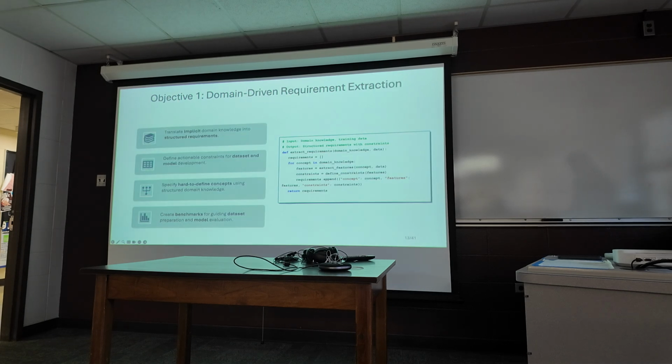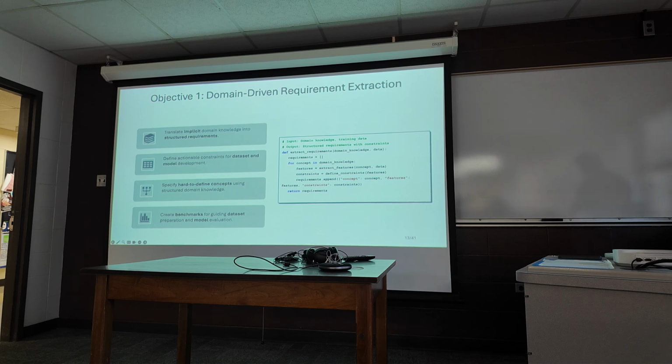So first, let's dive into objective 1, which is the foundation of my approach. To begin, this is the focus on translating implicit domain knowledge into structured requirements. AI-enabled software often operates in a complex domain where the requirements are not explicitly defined. My method is to extract this knowledge and organize it into actionable requirements. Next, the goal is to define constraints for the dataset and model based on domain knowledge. These constraints ensure that the AI system aligns with the real-world